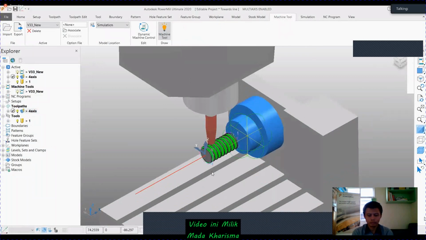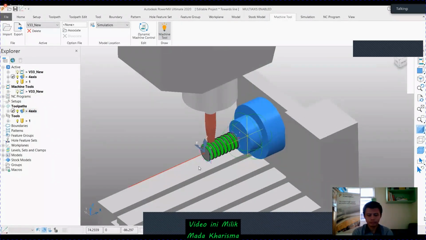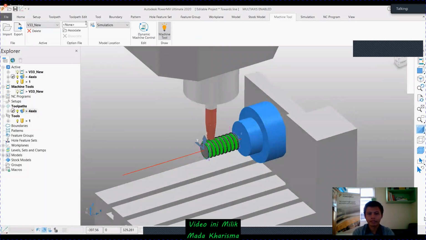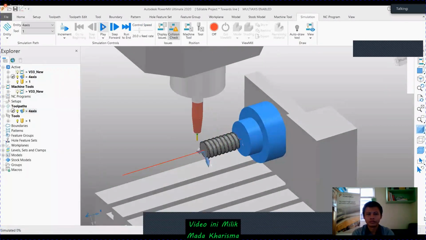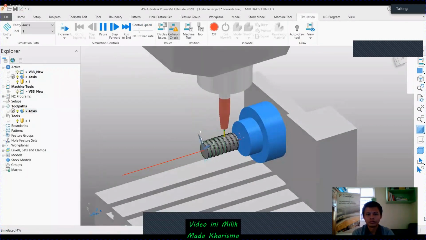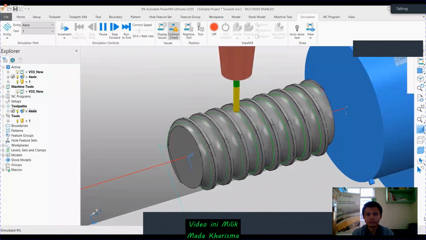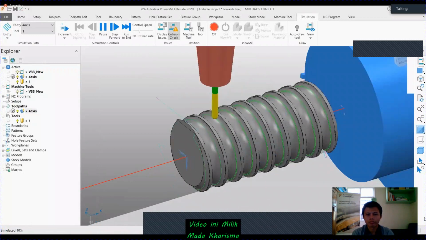I'm simulating this toolpath here, starting from the first. It's just a simple toolpath movement like this, because my tool axis is just lying at the center of the cylinder. It's a very simple toolpath creation.